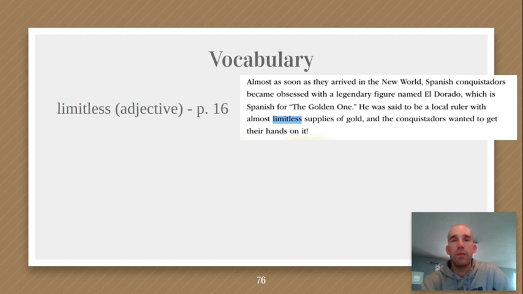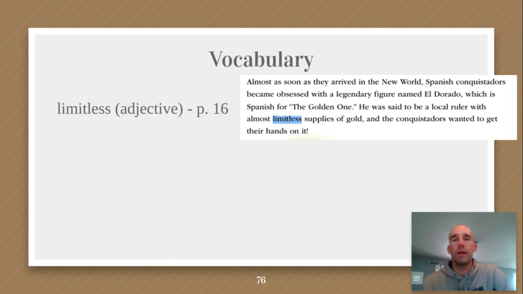And you'll see there the text says, almost as soon as they arrived in the New World, Spanish conquistadors became obsessed with a legendary figure named El Dorado, which is Spanish for the Golden One. He was said to be a local ruler with almost limitless supplies of gold, and the conquistadors wanted to get